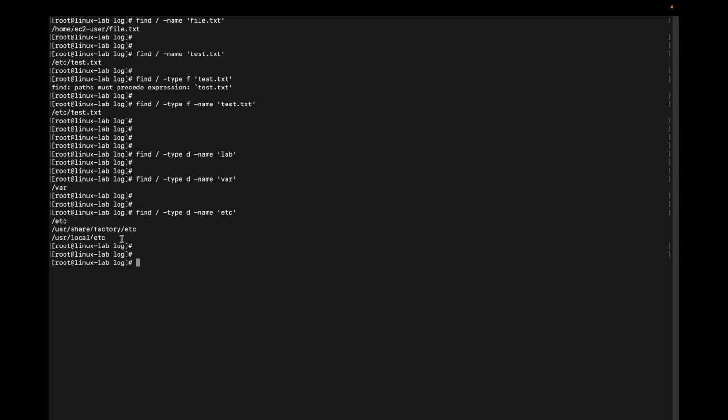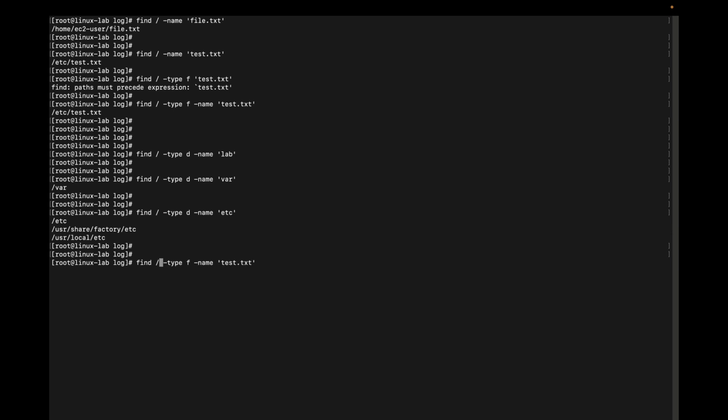So with find, you can also give this type, and d for directory, as I said, f for the file, and then the name, just give the name. And this is important, where exactly you are trying to search. If you just give forward slash, that is the whole root of the Linux machine, so it's going to search everywhere. So if you know you have something inside a directory, for example, just to minimize the search operation,